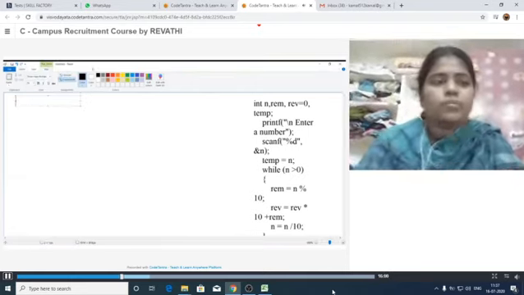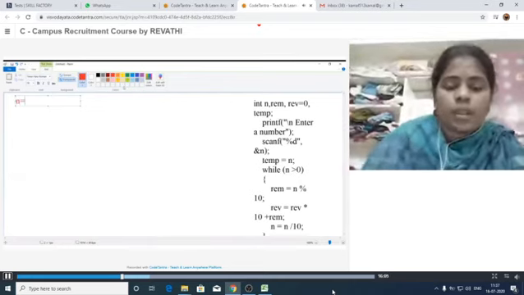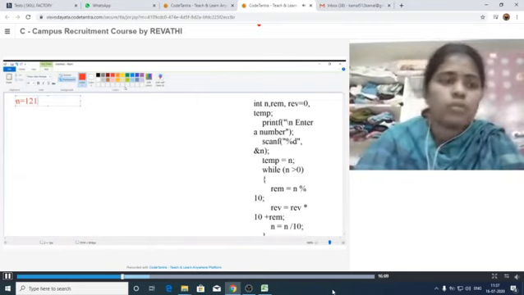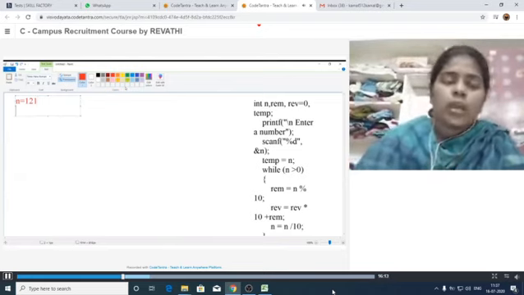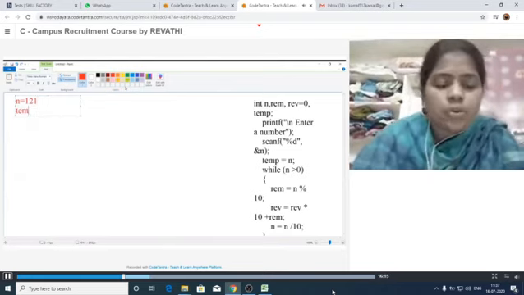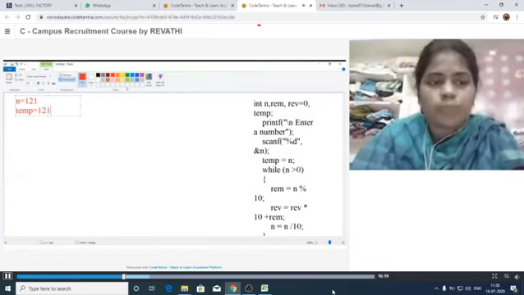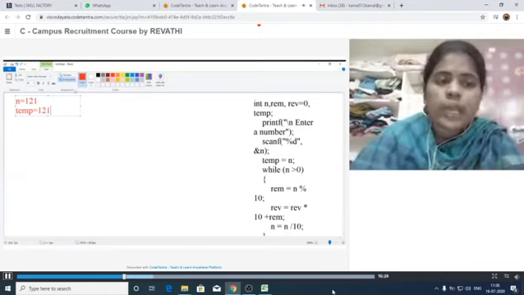Let us take n is equal to 1 to 1. I am checking whether this number is a palindrome or not. Okay. Now initially we have to store this into temp also. Temp is equal to 1 to 1. That means our given value 1 to 1 will be stored in another variable, that is temp here.